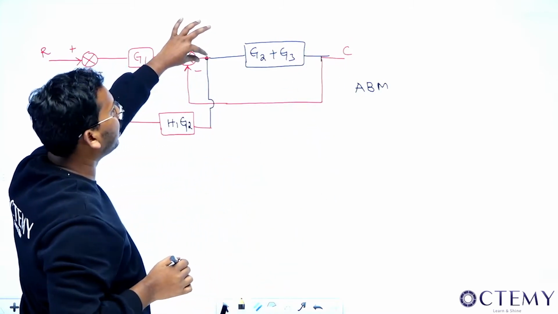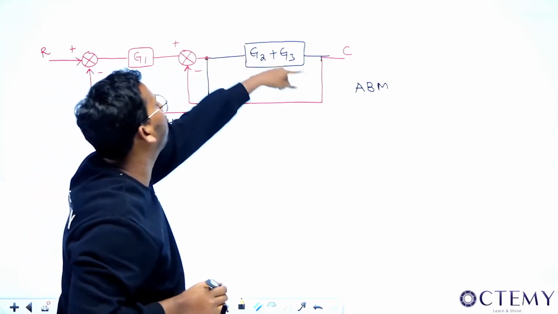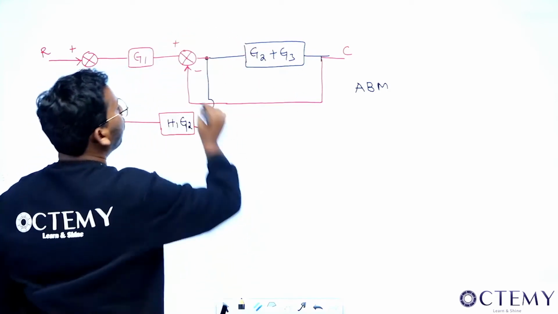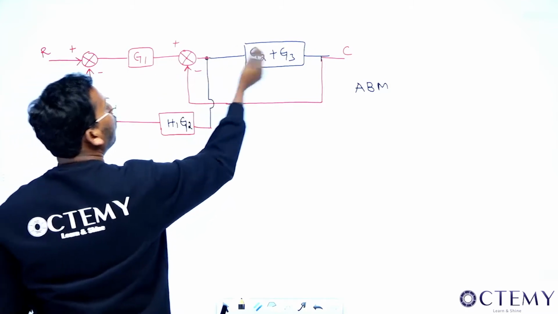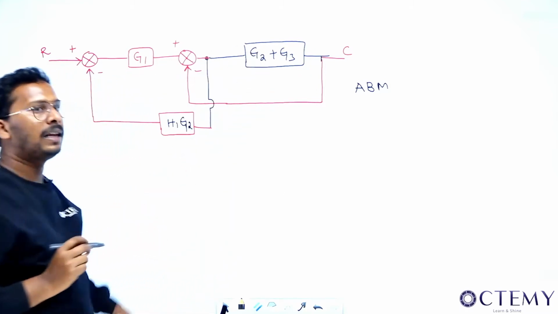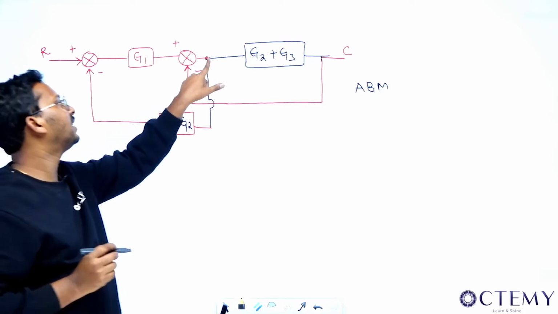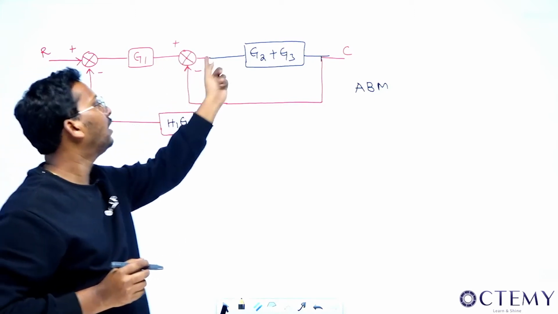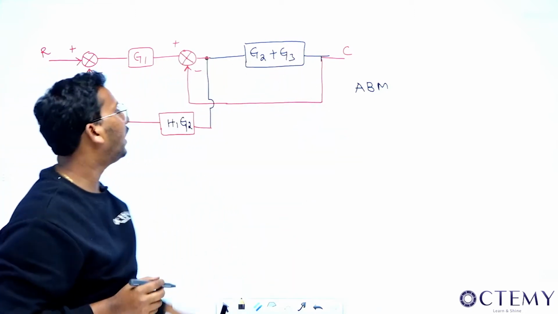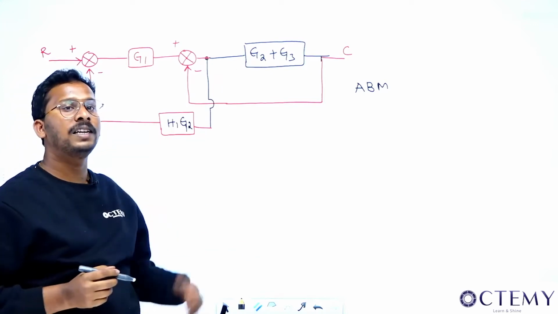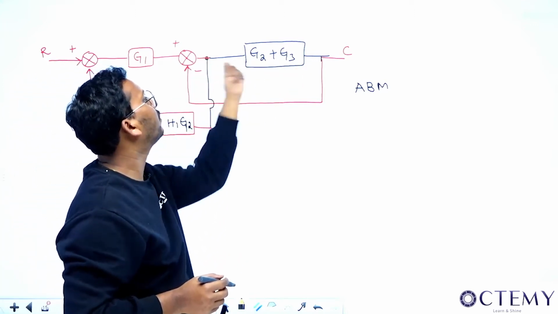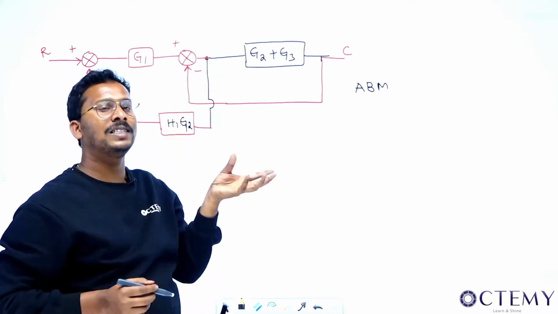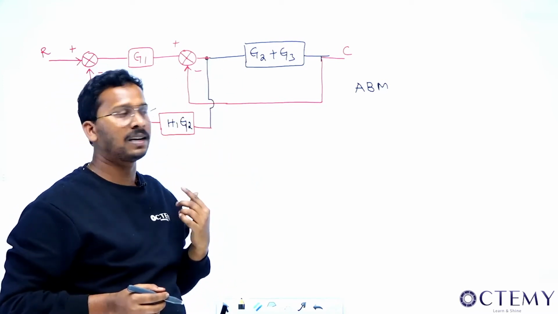If this was not here, then this would have become a simple loop, isn't it? Because forward path, negative feedback, right? Now you can move this here or here. Again, here you have to take a decision: will you apply rule number 7, rule number 6, or rule number 5? Always choose rule number 5, sir. It is much better, right? So always move this particular point from the gain block. Don't do it with the summing block. If you do it with the summing block, you'll get one more summing block extra, right?